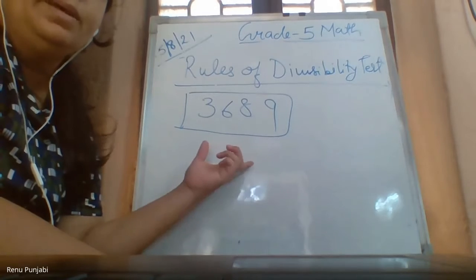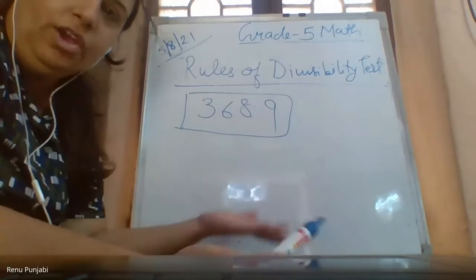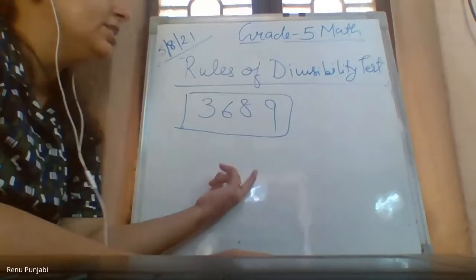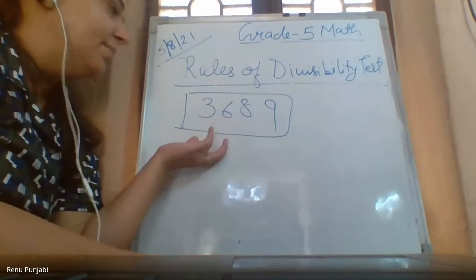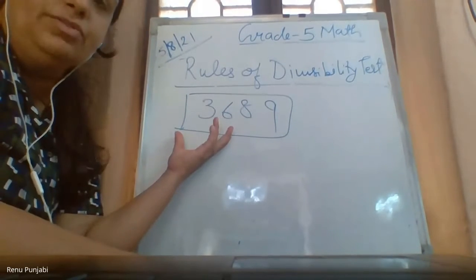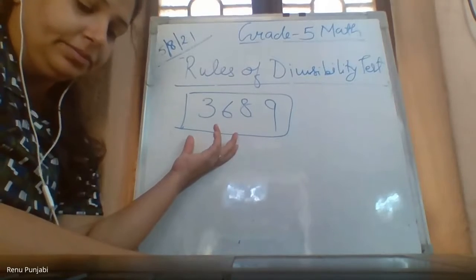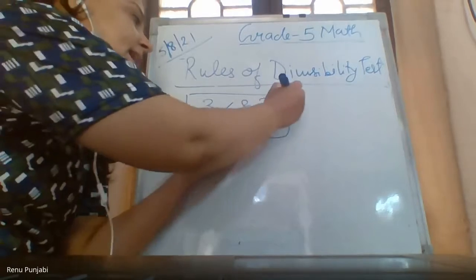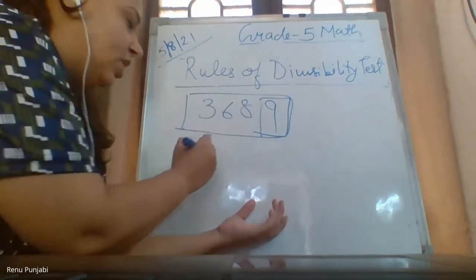Aryaman, divisibility means division. कौन सा नंबर डिविजिबल होगा कि नहीं होगा? Okay. So this is called the divisibility test. Test means check करके देखना. So I am asking without doing actual division, how you will check whether this number is divisible by 2 or not? Ma'am, because the last number is not even. Yeah, the last number is the odd number, not the even number. It is not 0, 2, 4, 6, 8.